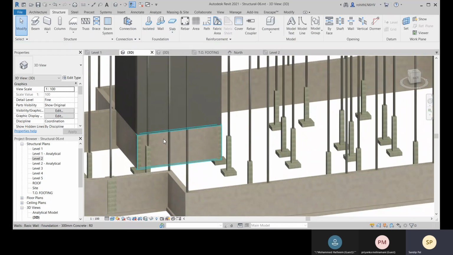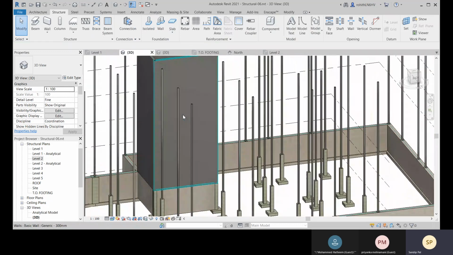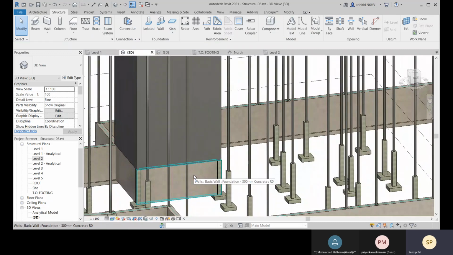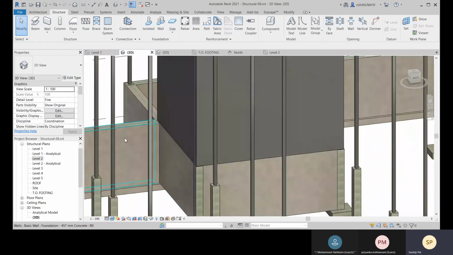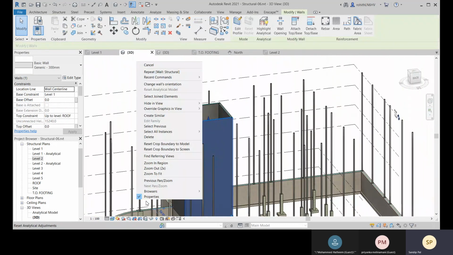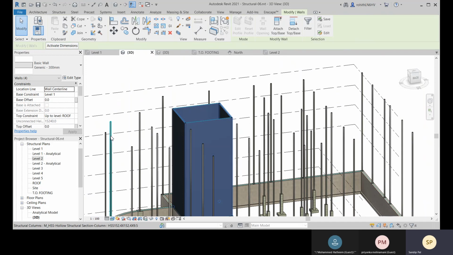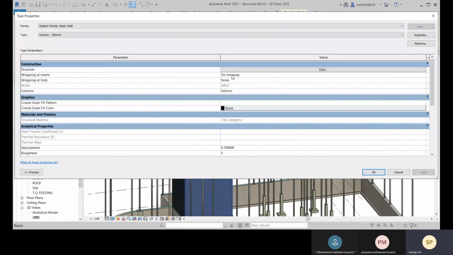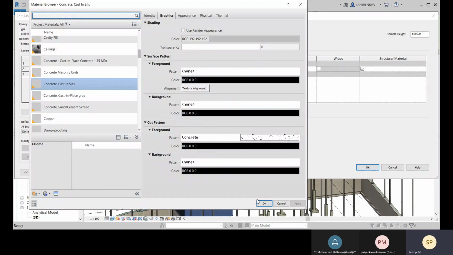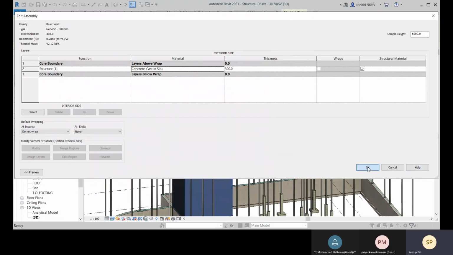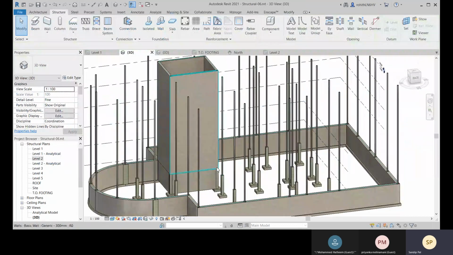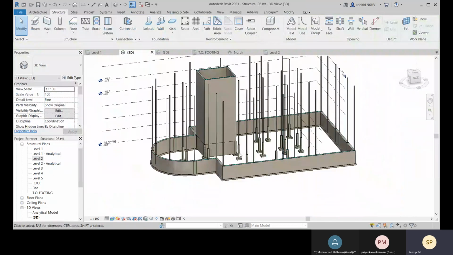So now what you can do, you can match this property here. I think the same property we are having here. So let me just change it and select for all these instances in the project. So now changing in the category. So that is the property. Okay, apply. And here we have. All right. So that we have placed it.